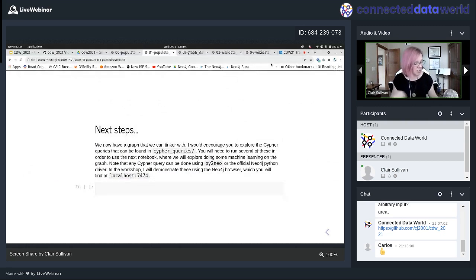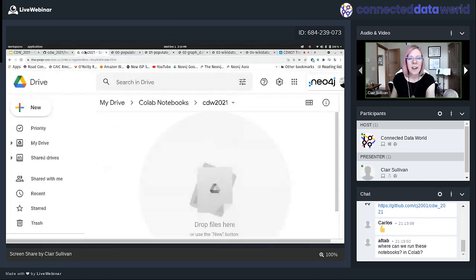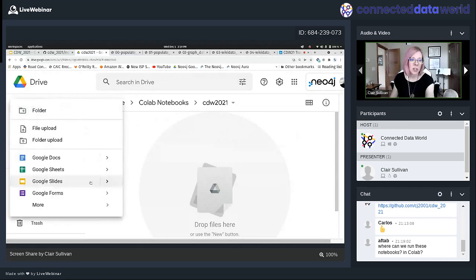within the notebooks themselves if you want to run them yourselves. Okay, but let's actually run some code finally. Okay, we are going to be using Google Colab. So you need obviously to have a Google account to do this. And what I'm going to do is I'm going to click on New. I'm going to click on More.